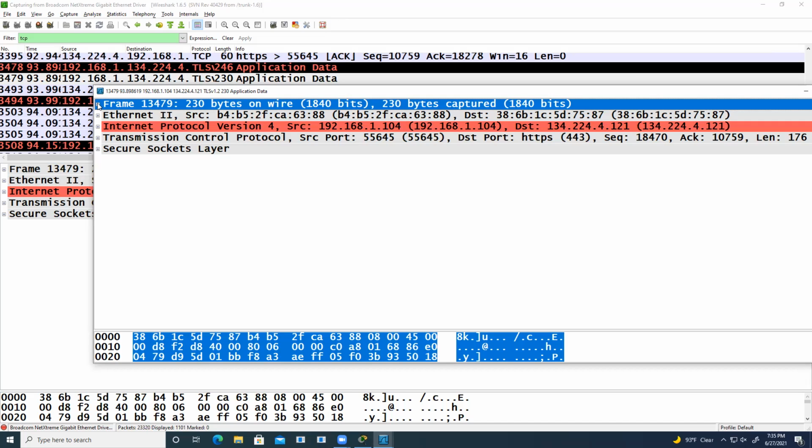Even as a user, you will never think about what's happening in the background. They just need to send the data. And if they are facing delay in their communication, they will report it to the respective admin. As an admin, we need to go and see what could be the reason for the delay in the data. Then we need to understand many things, and this is one of them.